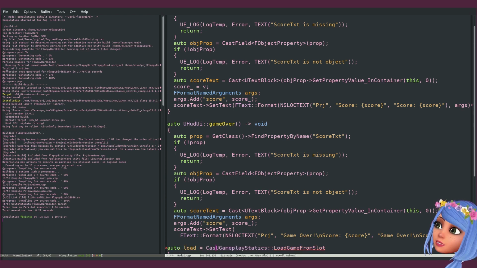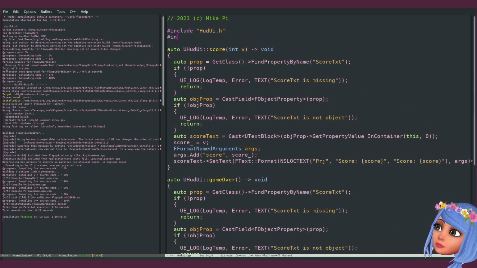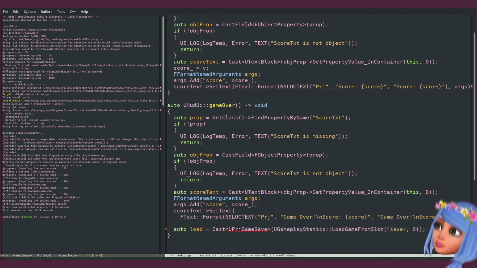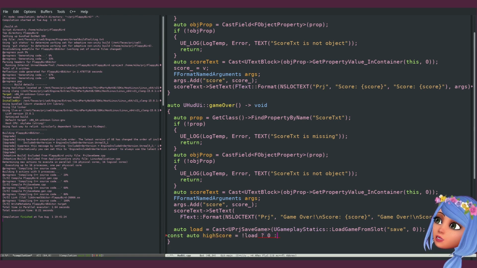Load equals cast, and let's call it save and 0, and we cast it to U project save, include project game save.h, save game, and if not load, let's do high score equals, if not load 0, otherwise load high score.